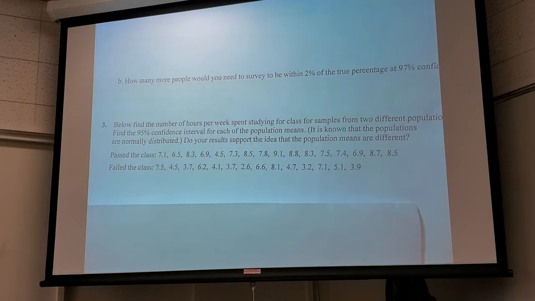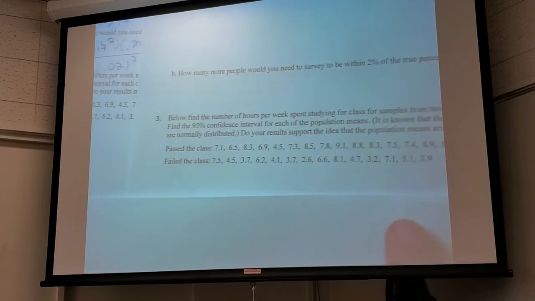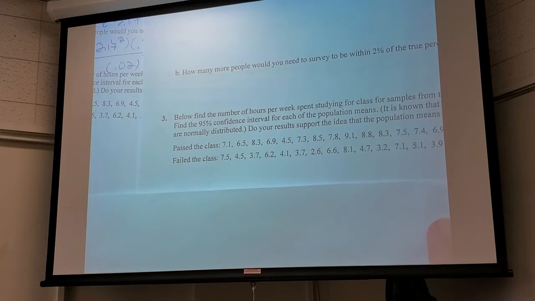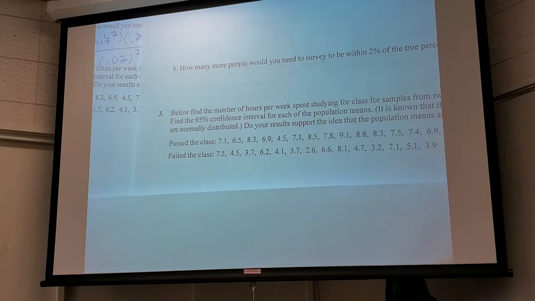All right. Has anyone got the pass the class data? What you got? X bar equals 7.63. Yeah? Sigma equals 1.15. The n is 16. Okay. And the data you put in the calculator, was it a sample or was it a population?